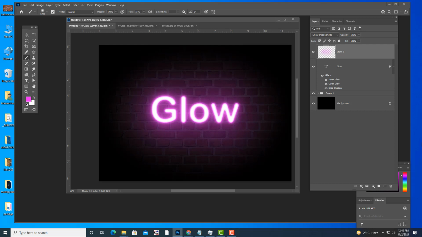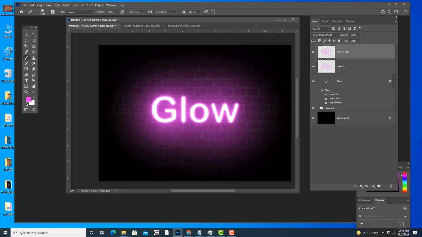And if you want more lighting, I'll duplicate this layer. See, it's more glowing. If you don't want this much lighting, just reduce the opacity. Okay, this much is okay.